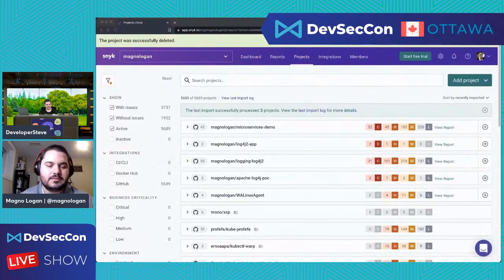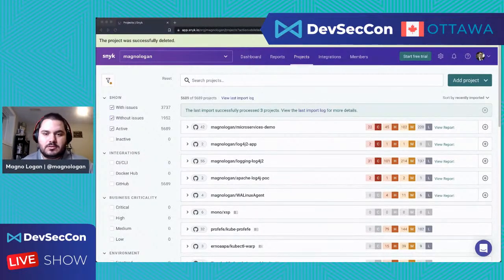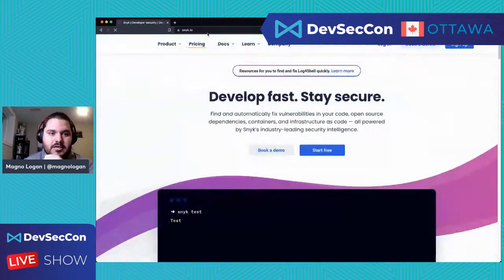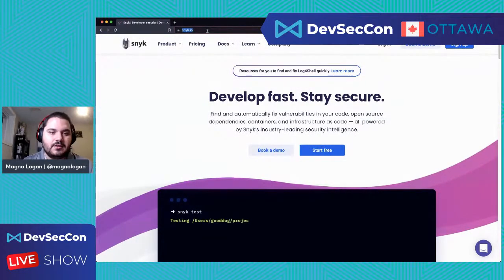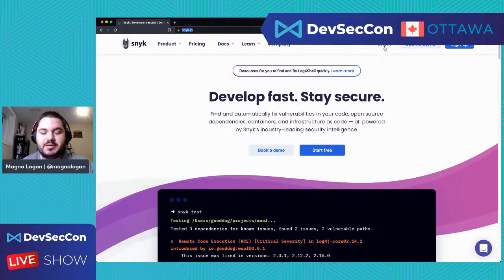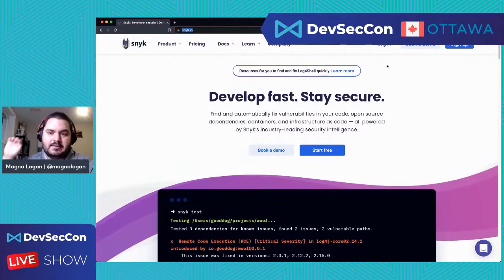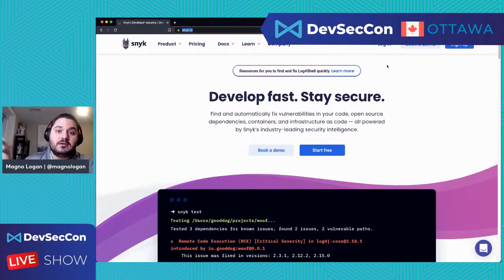Yeah, awesome, great. Okay, so let me just log out here so we can log in again. And this is snyk.io, very easy to find and very easy to type, a very short name. Basically, if you don't have an account, you need to sign up, which is free, and you can connect it to your GitHub repositories.